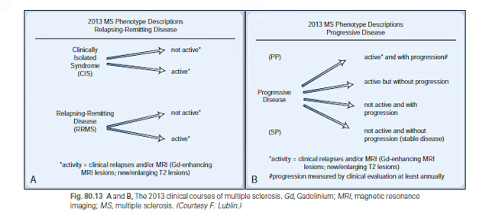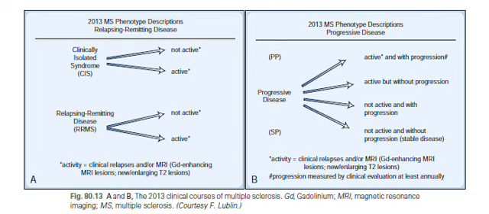When categorizing multiple sclerosis, our clinical framework relies heavily on the standardized phenotype descriptions that separate the disease spectrum into relapsing, remitting, and progressive pathways. For a modern, high-yield treatment strategy, we have to look entirely beyond static, historical diagnostic labels. Instead, we must dynamically characterize a patient's current disease state based on two distinct, independent clinical axes: ongoing inflammatory activity